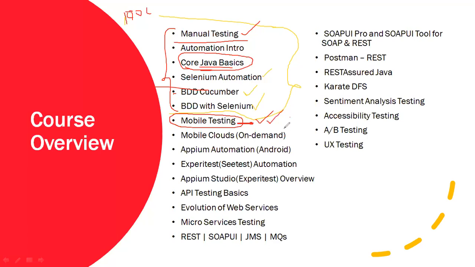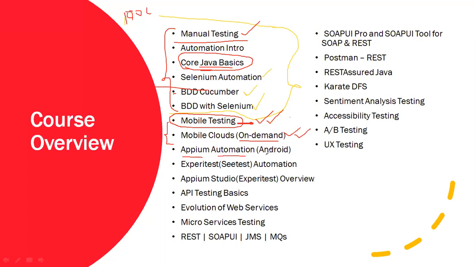Once the mobile testing is completed, we'll go on to on-demand cloud testing. Nowadays it's not possible for small projects to purchase mobile devices for a small span of time. That's why this on-demand cloud mobile testing was introduced. We'll see at least 4 to 5 vendors of manual cloud testing. Once you understand what mobile applications are and what exactly we are going to automate, then we will start with